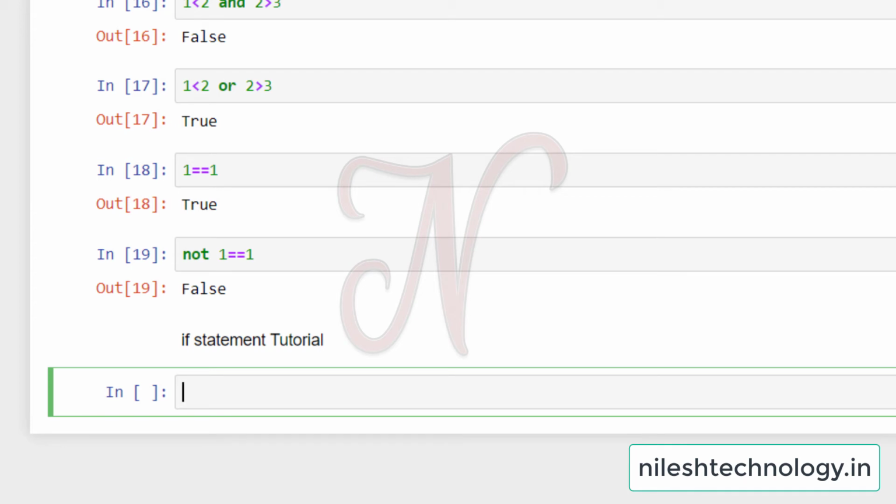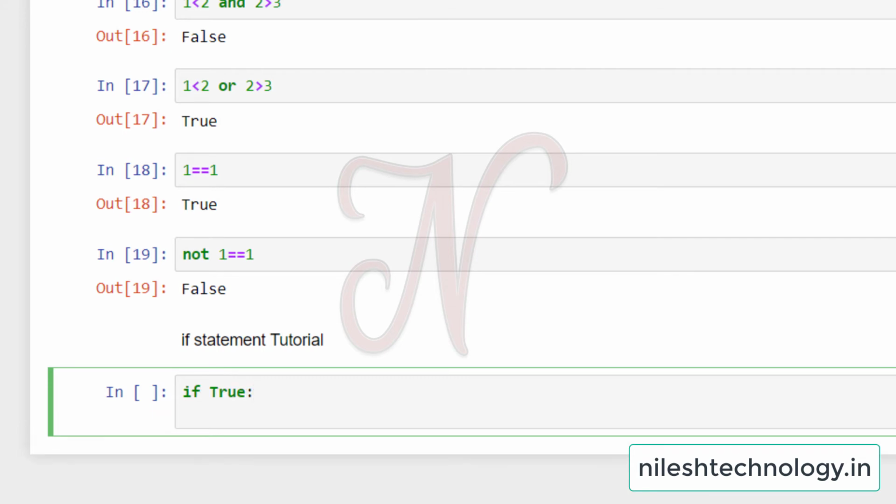See the first example: if True colon, then my cursor is automatically in indentation mode, meaning one tab space. Pass one message.